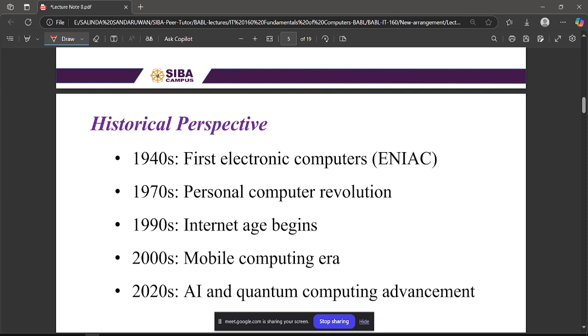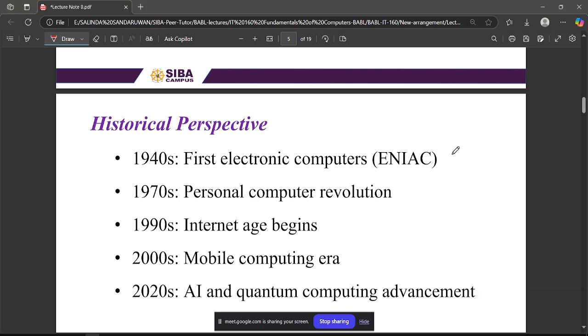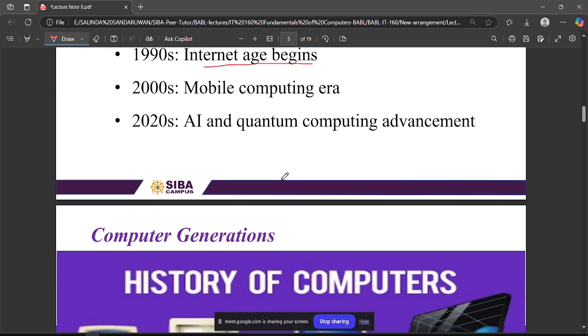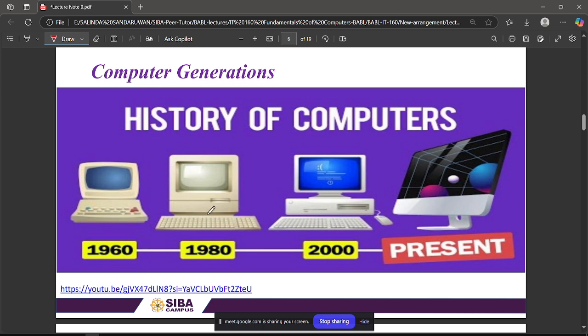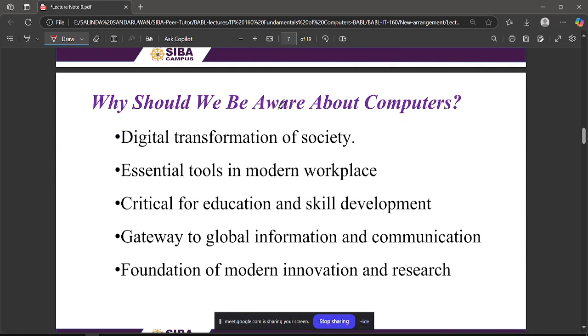Then we have discussed some computer history, right? About the first computer, when the personal computers came into place, and the internet age. Likewise, we have discussed, and also I have shared a website of the Colombo Computer Museum. I think we stopped our lecture from here. So now we'll see